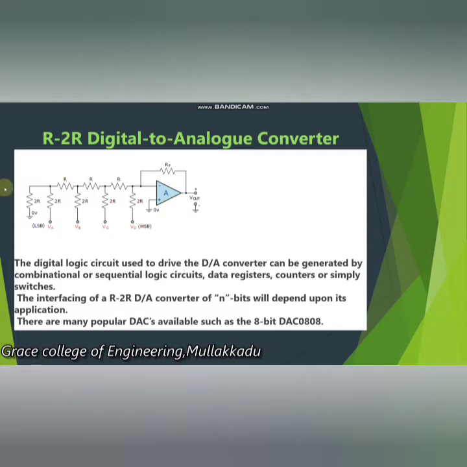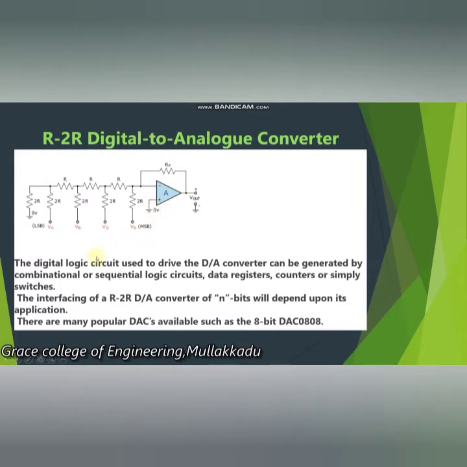Here 3 R2R sections are used: R2R, R2R, R2R. This is a simple 2R which is on the output side. It should always be grounded. These 3 R2R sections are combined, and along with this network it provides a 4 digital input signal, and it provides the analog output signal at this node. This R2R network output is computed, and it will drive the operational amplifier circuit at the inverting terminal, and the non-inverting terminal is grounded.